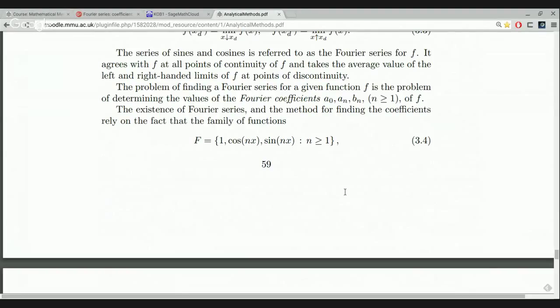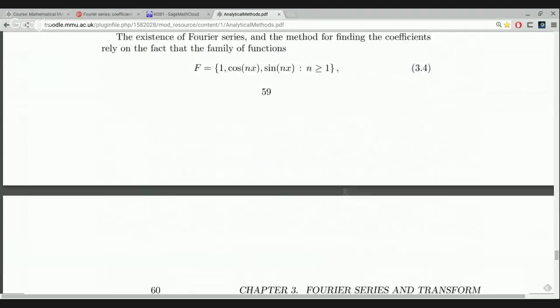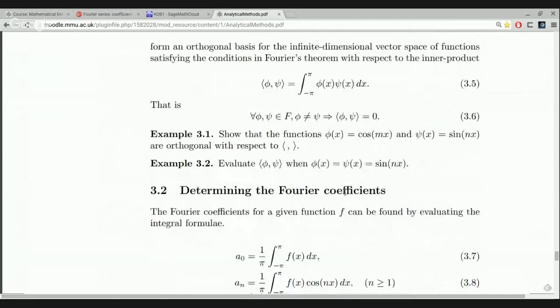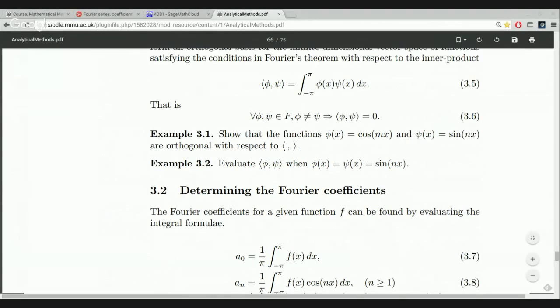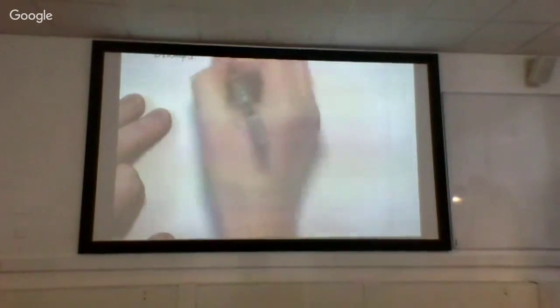So examples 3.1 and 3.2 prove various parts of that orthogonality result. We'll work through those examples together now, on the visualizer. So this is going to be example 3.1. Let's have a look at it and see what it says. I think this is proving